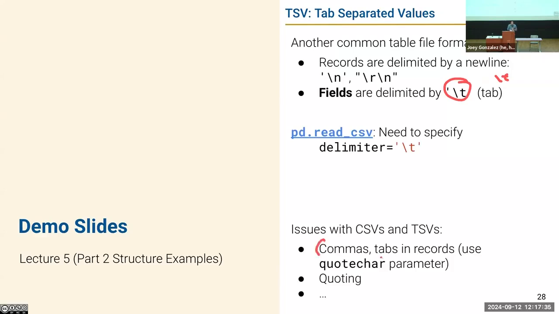We already discussed this before. We have to deal with quoted characters. If I have data that's got lots of commas in it and I don't want to do all this quoting, I could use a tab separated table and then leave the commas as is, because they're now totally fine. Commas aren't delimiters, tabs are. In practice, it doesn't matter. I see these more and more. People learn to quote, so it's not such a big deal.